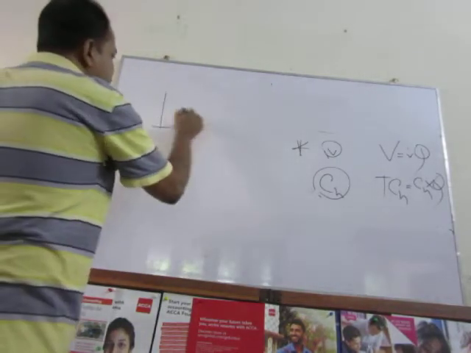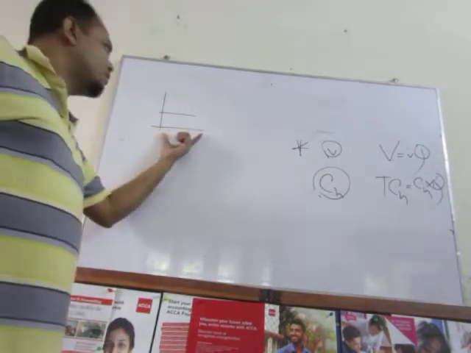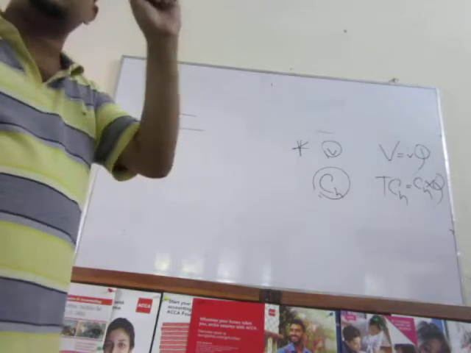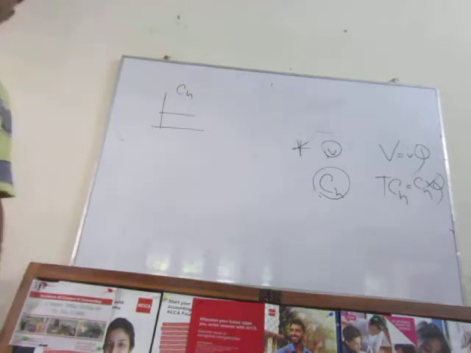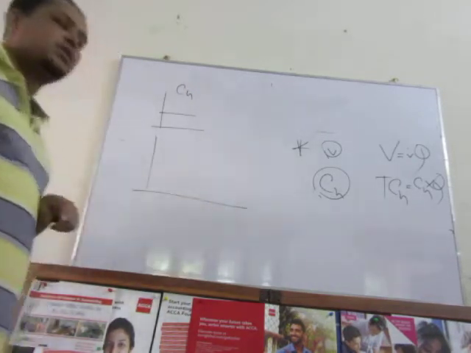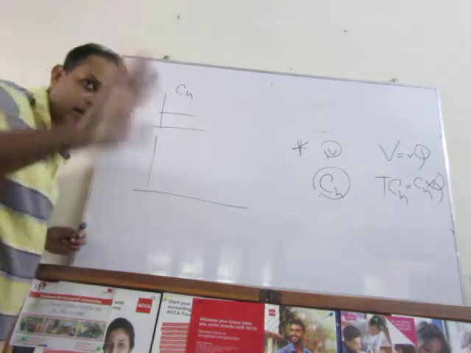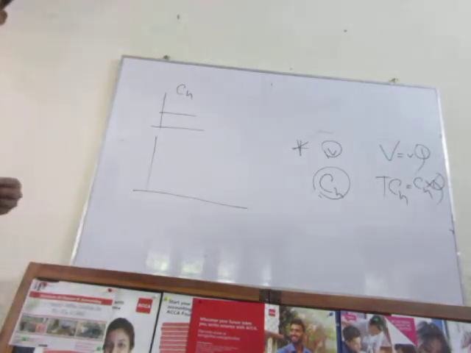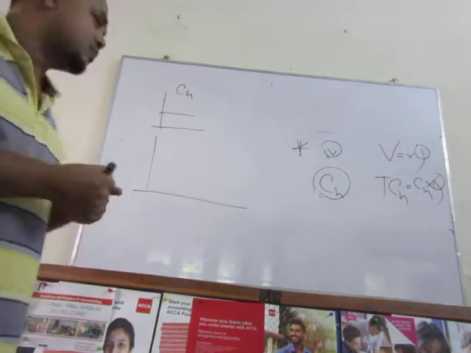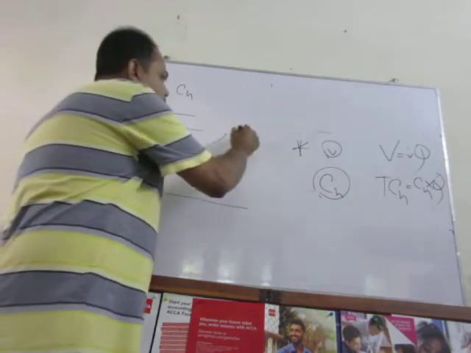So if you think, CH is holding cost per unit, whatever the unit that you are going to hold, the per unit holding cost will obviously be fixed. But when you are talking about total holding cost, as you increase the quantity held, a constant amount of holding cost per unit will be charged with each specific unit. As the charge is constant, you can say this is a straight line, and this is TCH.